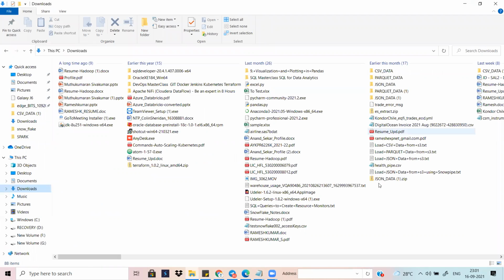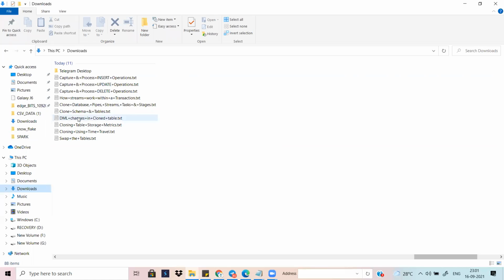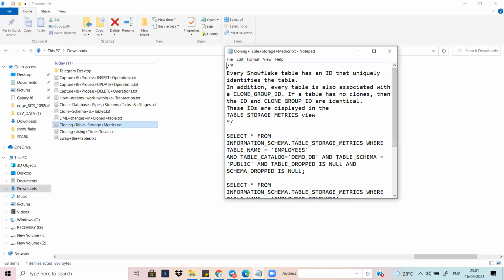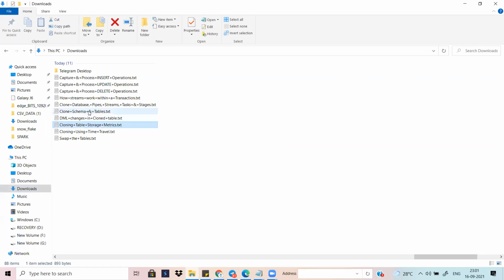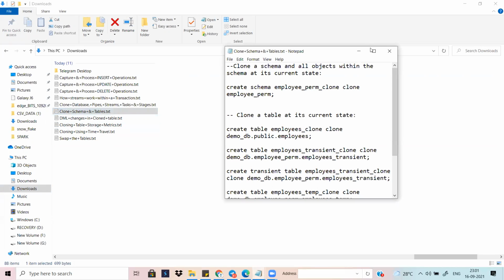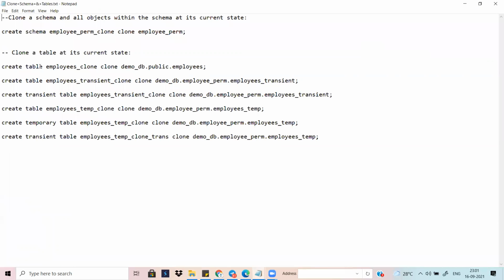If it is a particular table, we need to give the table name. Create or replace table, clone and that table name.